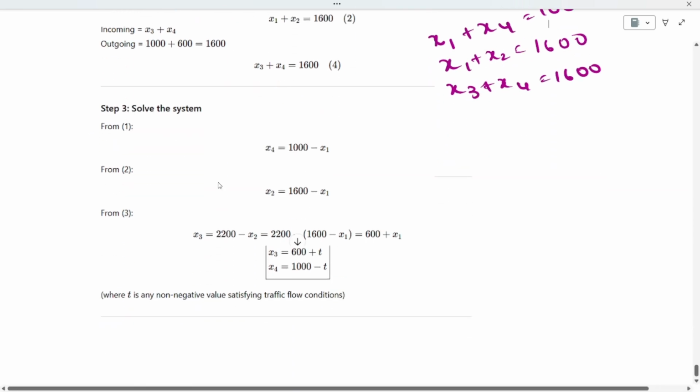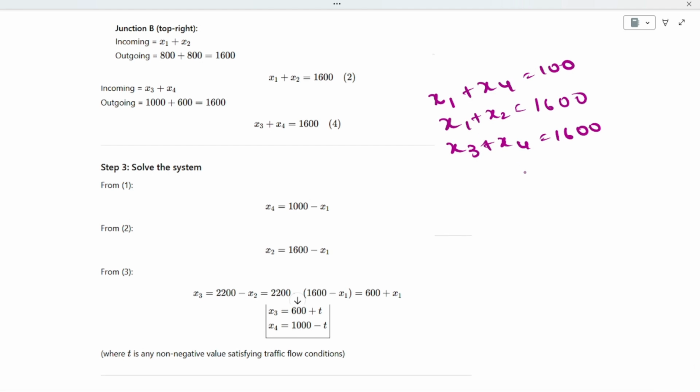Now from 1, 2, 3, x4 is common here. X4 is what? Here it is 1000. Now from 1, you can take x4 as 1000, bring x1 here, minus x1. Now from 2, you can take x2, right? X2 will be equal to 1600 minus x1. And now if you want to substitute here, you can take x3 and you can take,